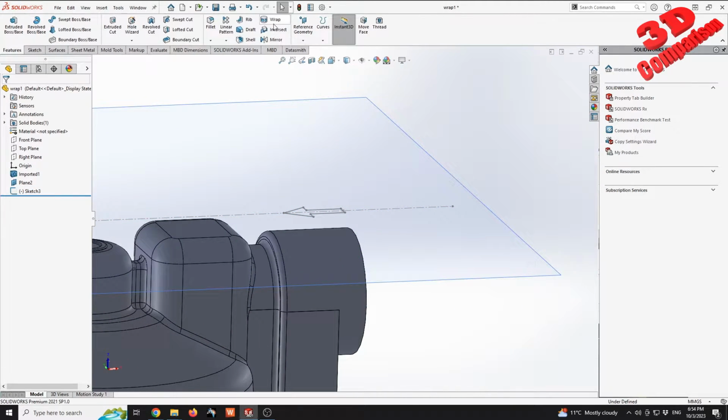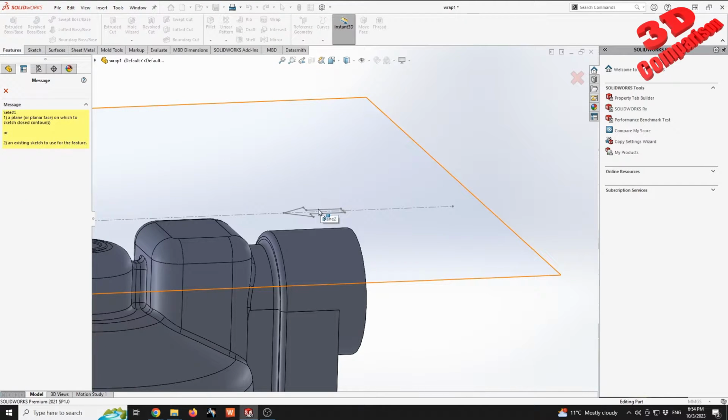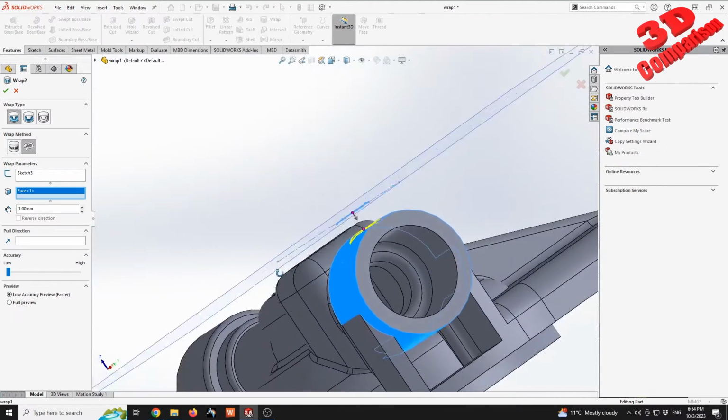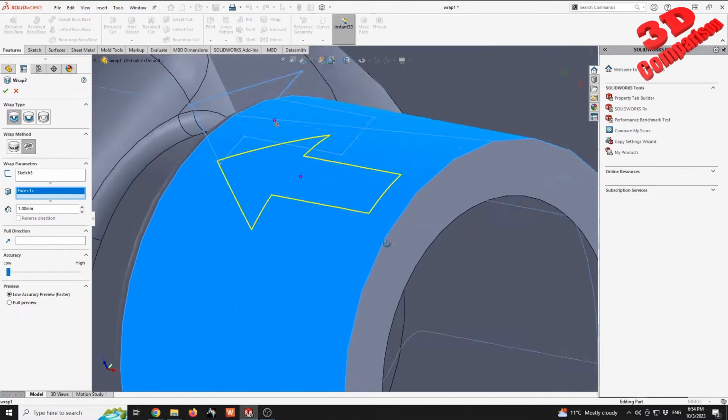And we're going to have the possibility to use the wrap function within SolidWorks. Afterwards, I will select the sketch. And we're going to see for the wrapping method, I'm going to use spline surface. And we want this to be embossed. So we want that to be on top of that surface. And afterwards, within this section, we need to select the face to be wrapped, which will be that sketch. As we can see, we're going to have that arrow wrapped around